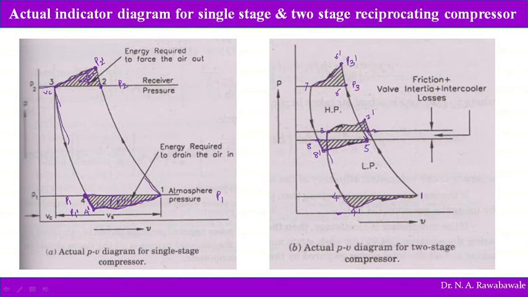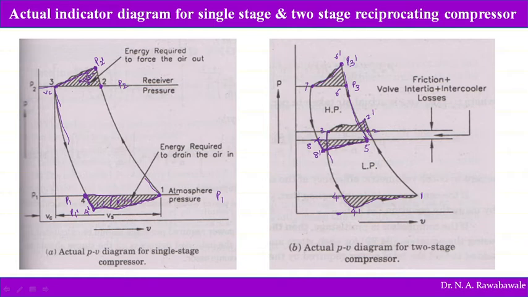Again from point 5 the compression process starts. So this cycle repeats. So this is called as the actual indicator diagram. So here this actual indicator diagram, what is to be understood here? So air is compressed beyond the required pressure, then only air is delivered into the reservoir. And another thing is during suction process the pressure in the compressor cylinder has to be reduced below the actual atmospheric pressure or LP cylinder pressure, then only air flows into the compressor.